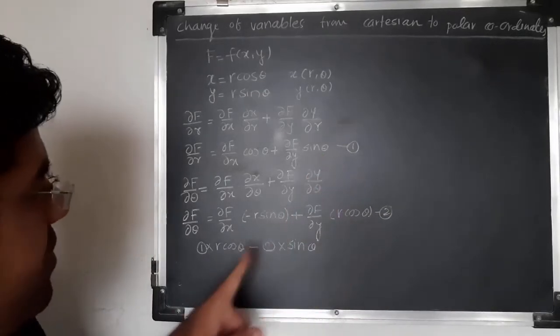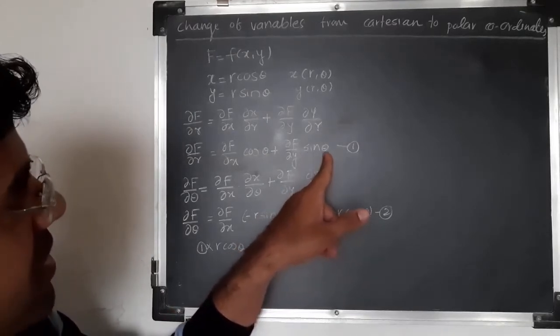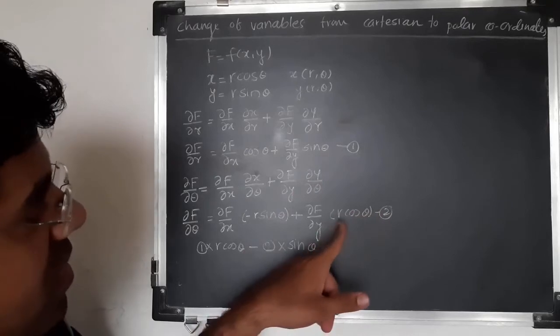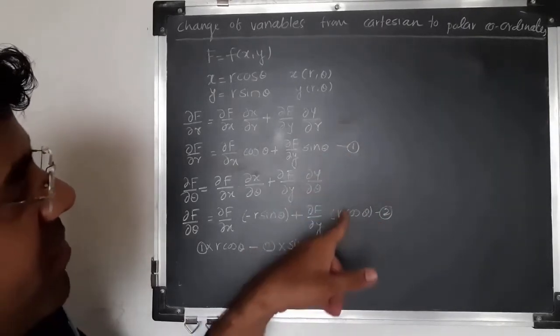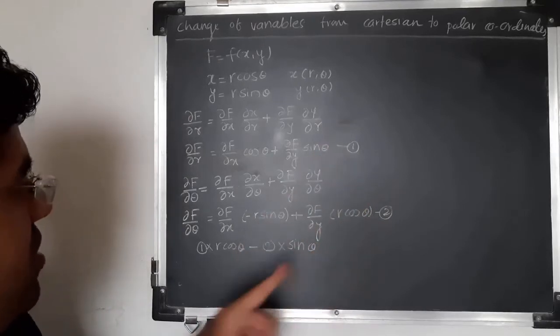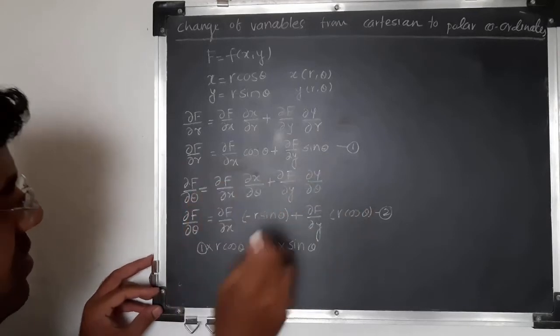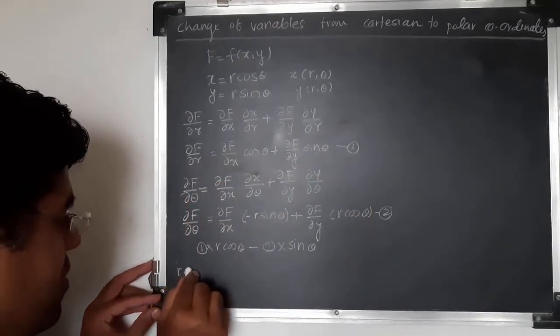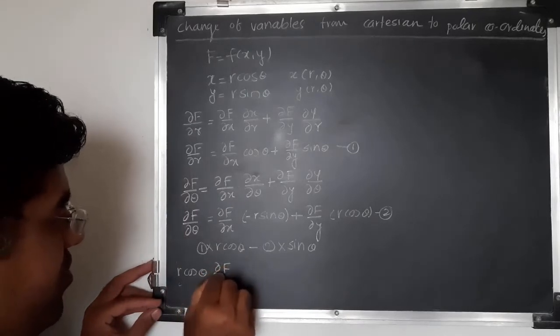Equation 1 multiplied with r cos theta, so here r cos theta sin theta, and here also r cos theta sin theta, and we subtract them, so the second term goes. So what you will get is r cos theta ∂f/∂r